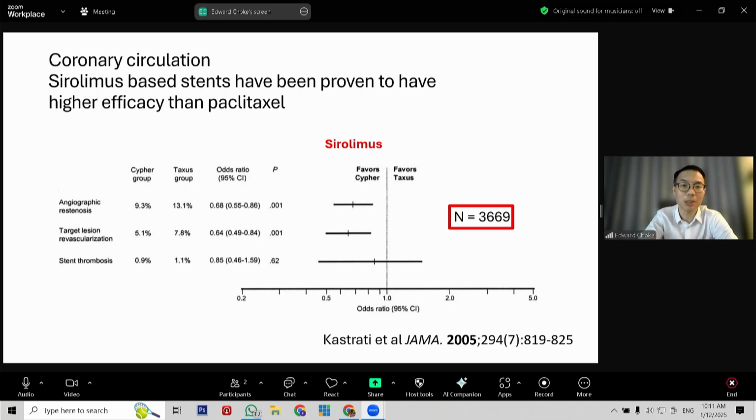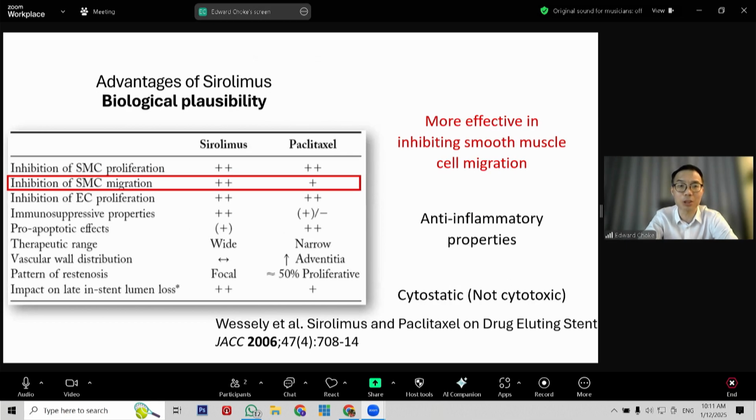years ago. And in this meta-analysis, they showed that the use of sirolimus results in better angiographic restenosis rate, better target lesion revascularization rates in a population of nearly 4,000 patients. What are the biological possibilities for the advantages of sirolimus over paclitaxel? Now, you've heard in the earlier talk about all the advantages, and I'm going to go through